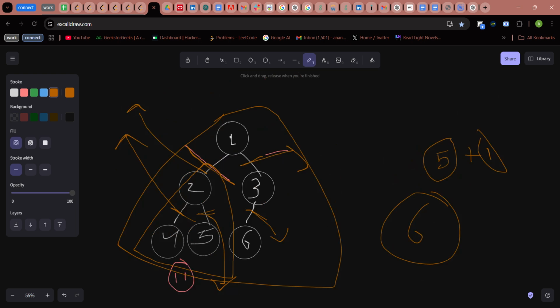And if I have 5 into 10 to the power 4 nodes, I have to do 5 into 10 to the power 4 traversals. Not just 1 or 2 traversals, I have to do 5 into 10 to the power 4 traversals plus 1 traversal extra for the total sum. And these are the 5 into 10 to the power 4 nodes that are to be traversed. So we will make this traversal. So it is totally inefficient. It is a garbage approach,